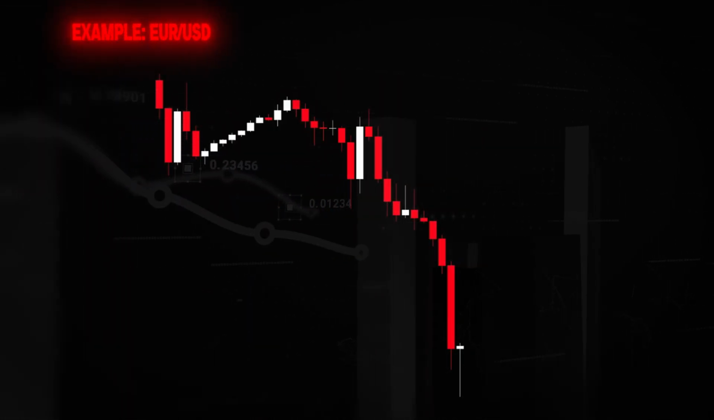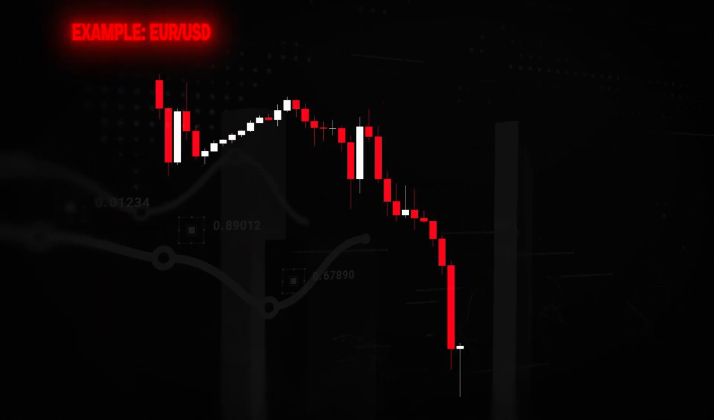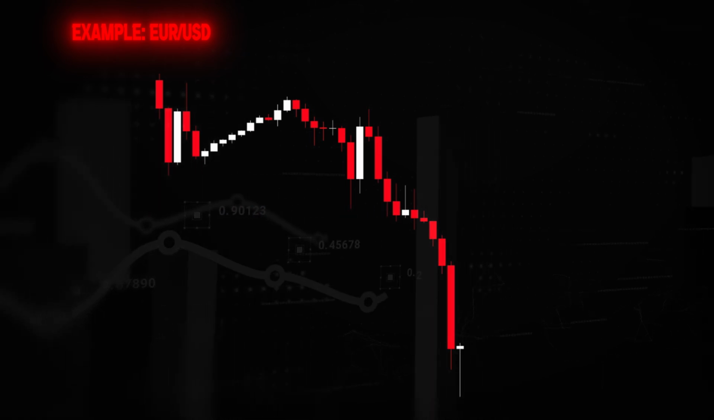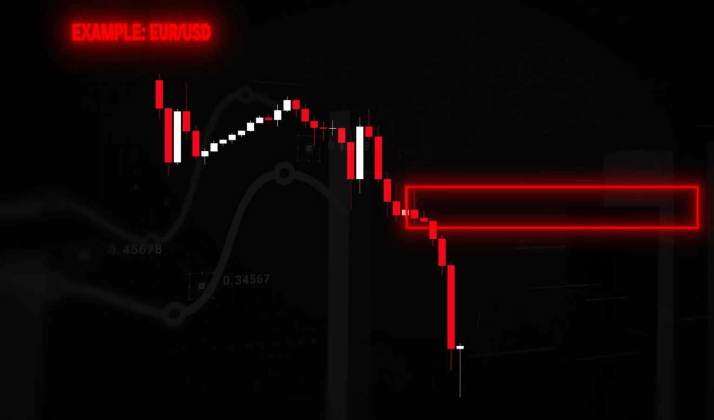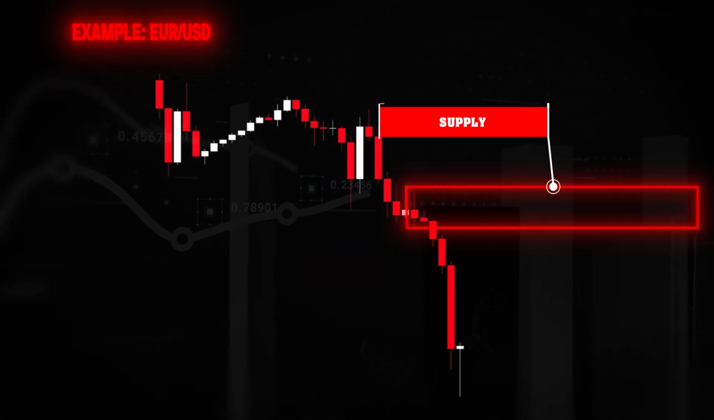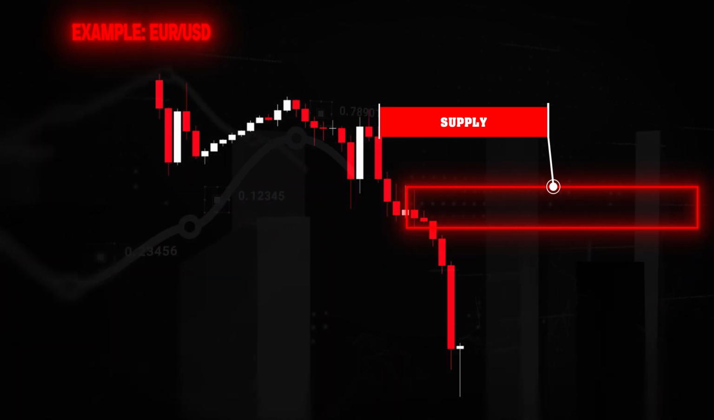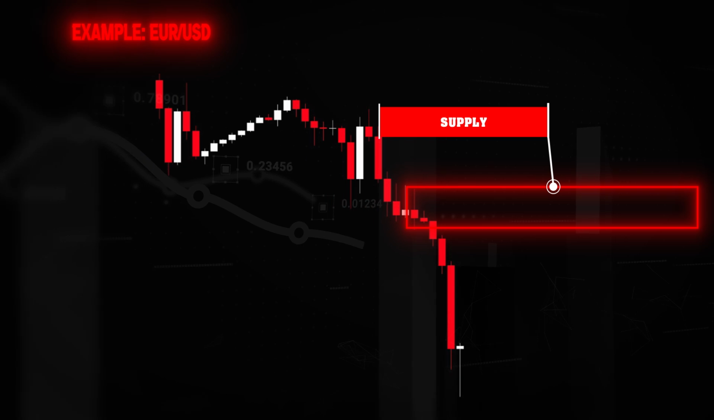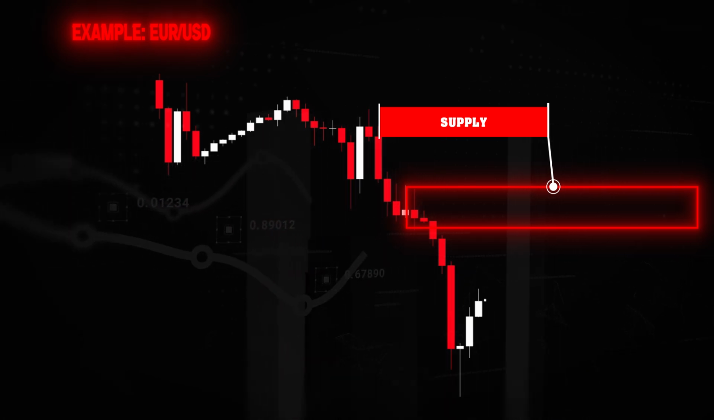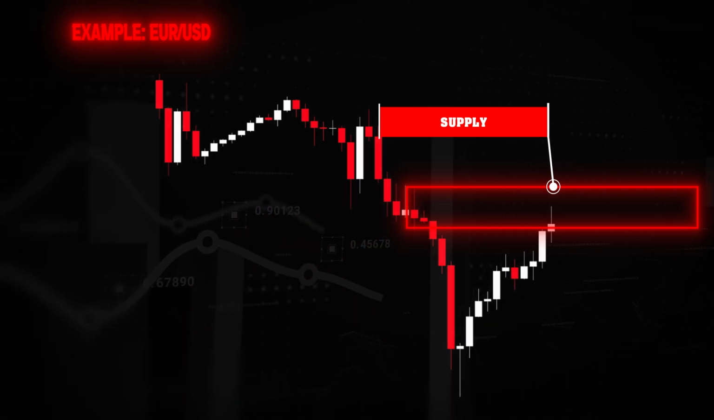On the XAUUSD 1-hour chart, we observe a clear downtrend. To find short opportunities, we mark the previous bullish candles as the area of supply. Given the large supply zone, we need to zoom into lower time frames for better entry confirmations. First, we wait for the price to tap into the supply zone, then switch to the 5-minute chart